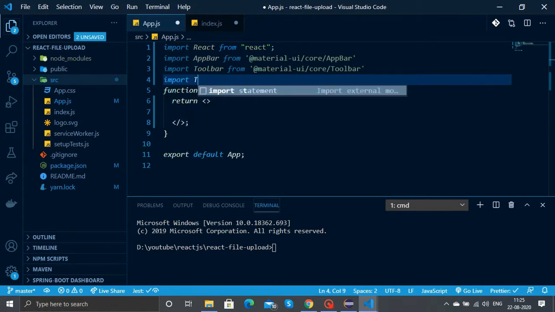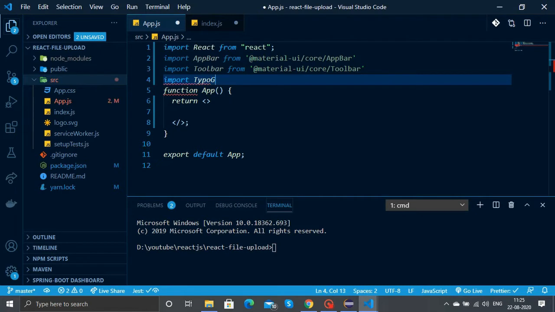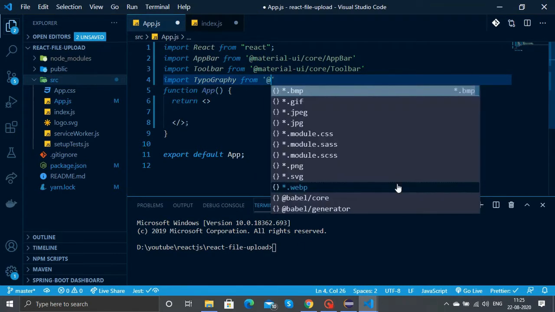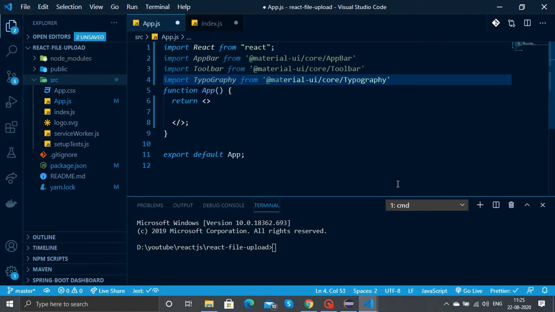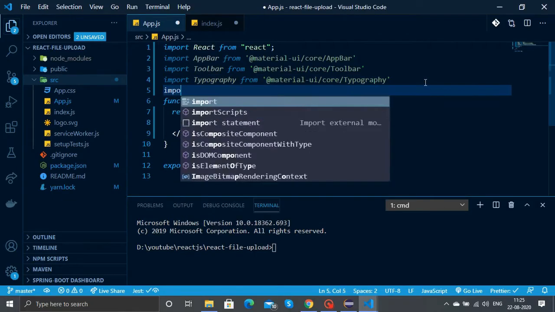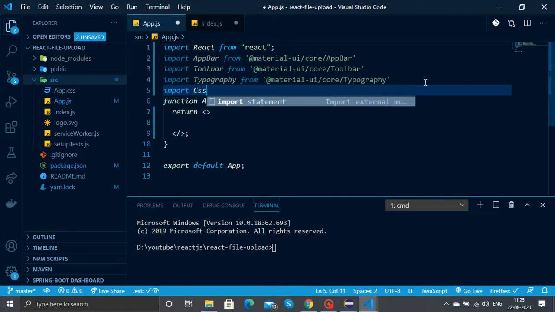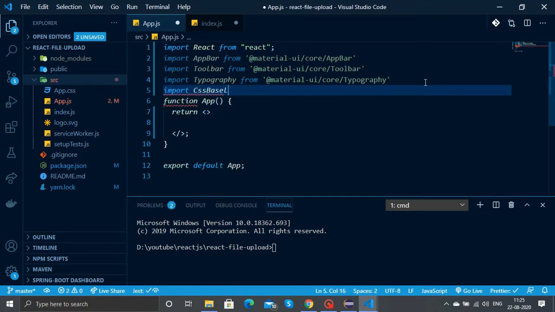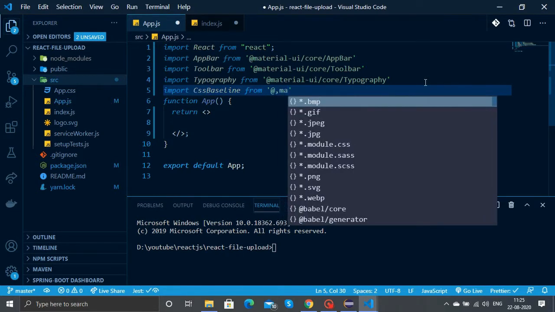We'll now import Typography so that we can give some text. We'll also include something called CssBaseline from Material UI core.